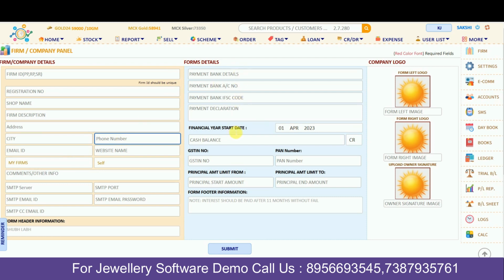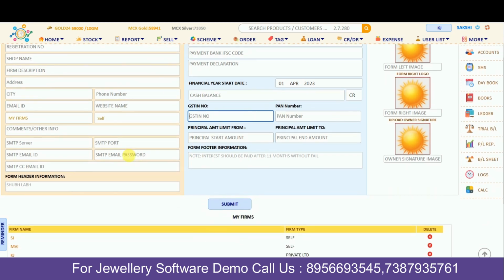With that you can set your payment account details, like your bank details, GST number, and PAN card number. Now all this information can be shown on your invoice as well. So you can set your header information at this place, and you can set your footer information also. Now with this, if you want to do some more settings for the loan,